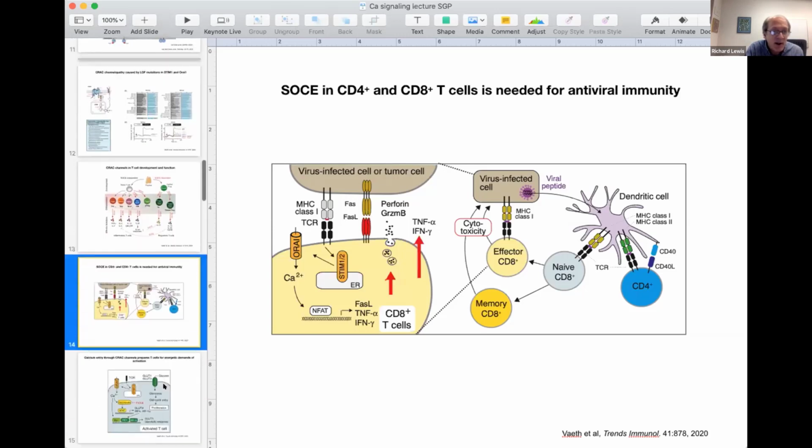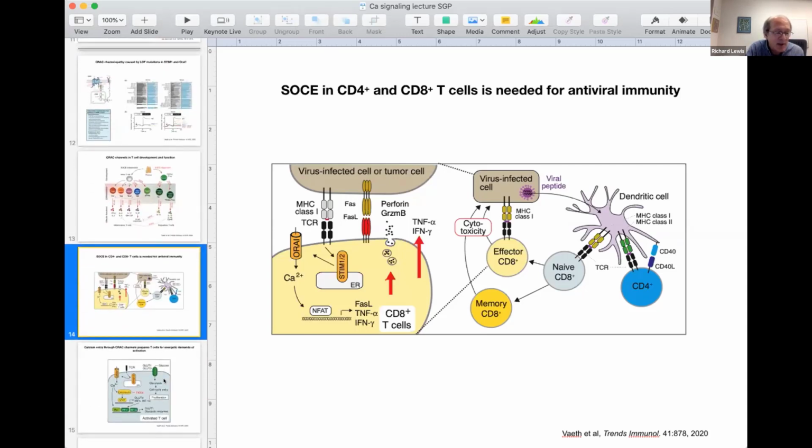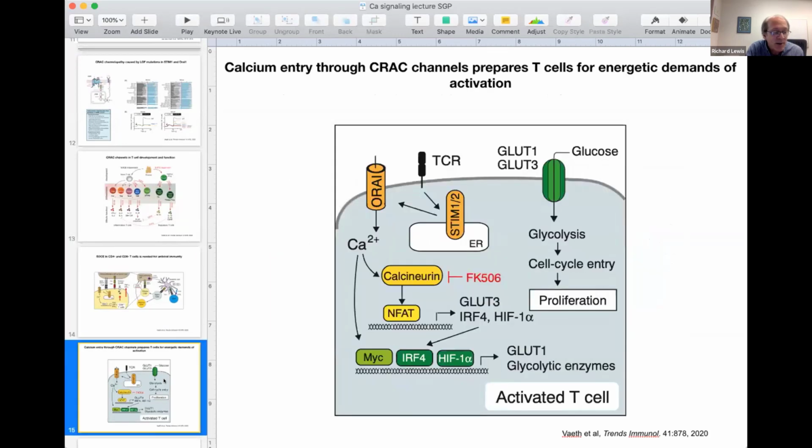Now, a surprising finding was that store-operated calcium entry and calcineurin also direct the metabolic reprogramming of T cells as they prepare for entering the cell cycle. So normally cells will transition from oxidative phosphorylation to glycolysis after antigenic stimulation. This STIM1, STIM2 double knockout cell failed to express multiple types of glucose receptors, the GLUT1 and GLUT3 family of glucose transporters, as well as glycolytic enzymes, which impaired glucose uptake, glycolytic metabolism, and entry into the cell cycle.